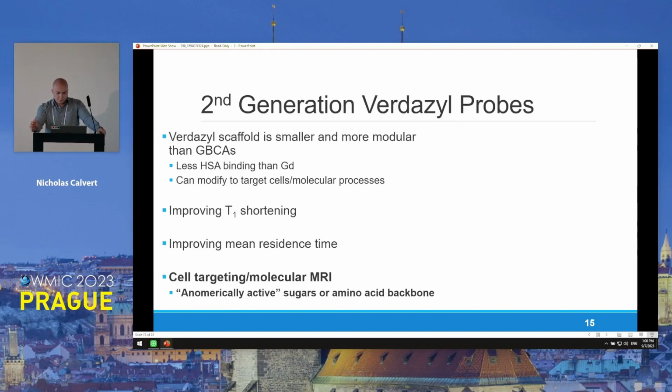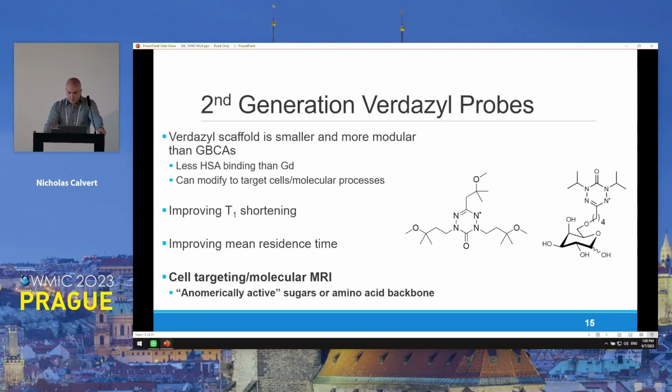So we want to work on improving that T1 shortening to get better contrast, and we want to improve the mean residence time. But I think one thing we really want to look at now is being able to actually do molecular MRI with this, because these are small probes. We can get these into cells, and we can change this function. One of the ones we're working on right now is a technetium-99 blood imaging probe mimic with these